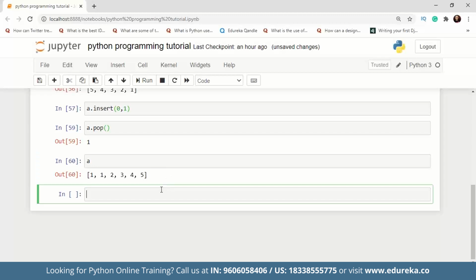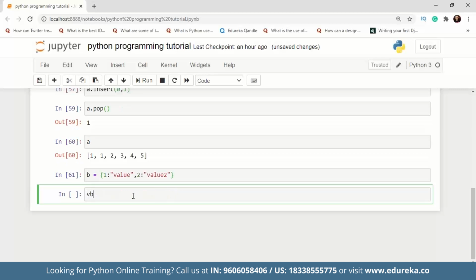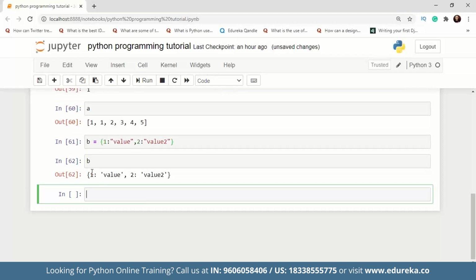Now coming back to dictionaries, guys. So let's say we take a dictionary and we declare it in curly braces. And so we use the curly brackets here, and we have to use key value pairs. So let's say 1 is the key, this is the value, 2 is the key, and we'll get another value. So these are two key value pairs. And when I print my dictionary, I have somewhat like this.